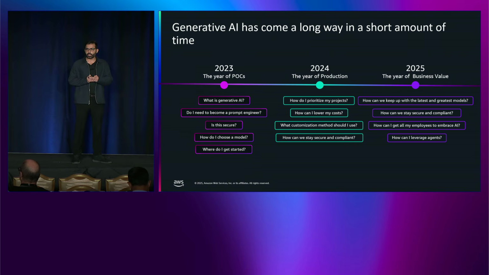This is where customers started prioritizing real-world use cases, focusing on the business outcomes they can drive. And here we are in 2025, where customers are really focused on driving business value while still caring about the things they should care about, including security, privacy, and just doing it in the right way. And a big shift we have seen in the last couple of years is also customers thinking about more and more AI workloads to be deployed on-premises or at the edge.